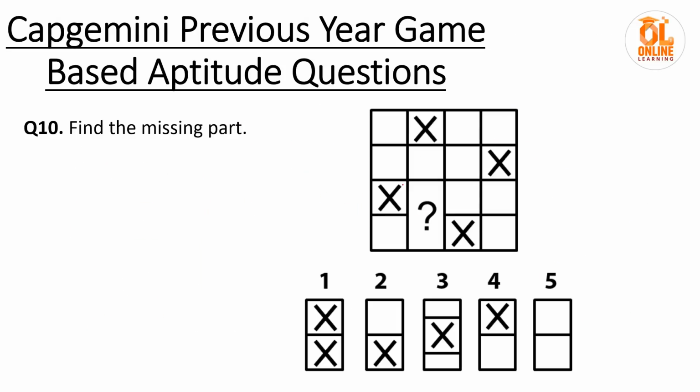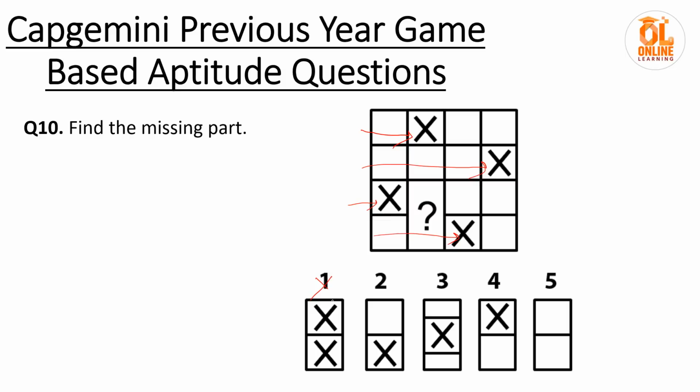So here we have to find the missing part. If you carefully observe, you can see we are having only one x here. Here also we are having only one x. Here also we are having only one x. Here also we are having only one x. So in every row we are having only one x. So